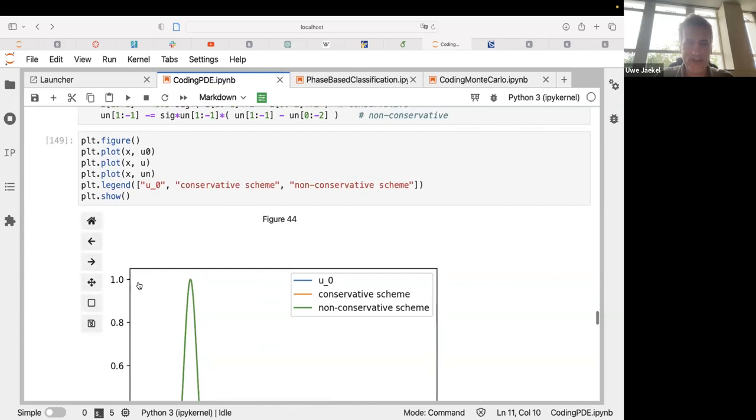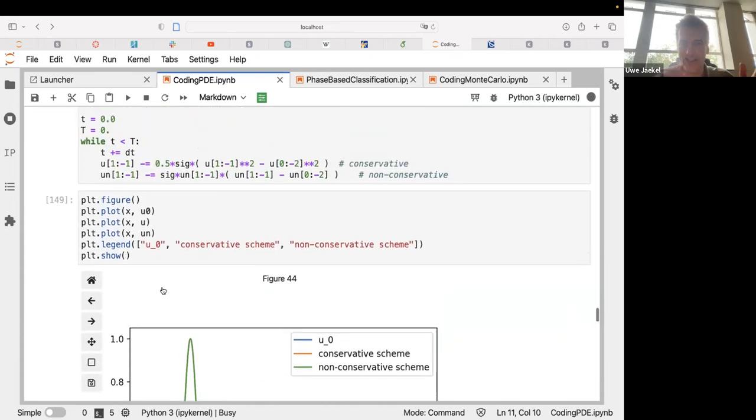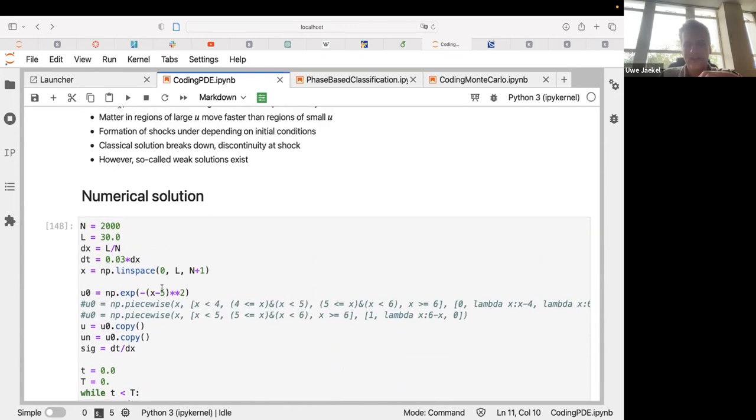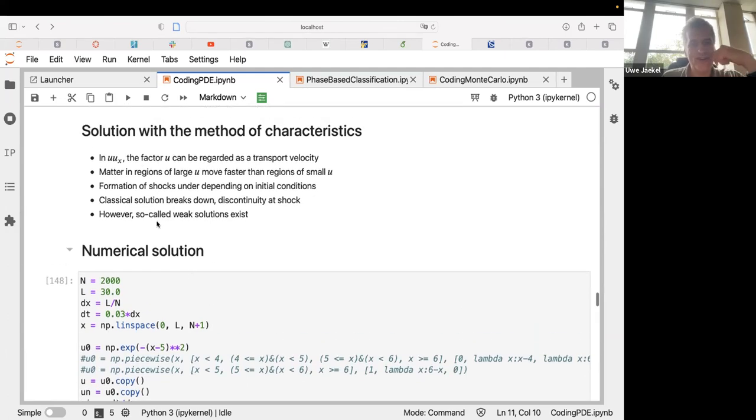If the function were decreasing, we can look at other initial conditions later. If there are other initial conditions, then no shock will form. I wanted to play around with that with you in the tutorials, and maybe you have an idea what you can do. Yes, so the classical solution breaks down